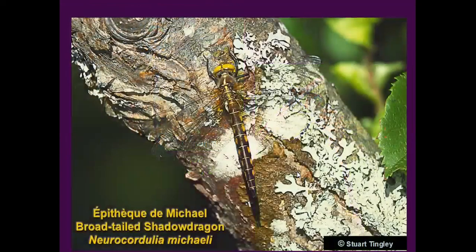And the broad-tailed shadow dragon is a really spectacular dragonfly, and it's the species of dragonfly that was discovered in New Brunswick in 1993 by Paul Michael Brunel. It's called a shadow dragon because it's one of the few dragonflies in this genus that flies just during the last half hour of daylight over the river, and my only encounter with an adult